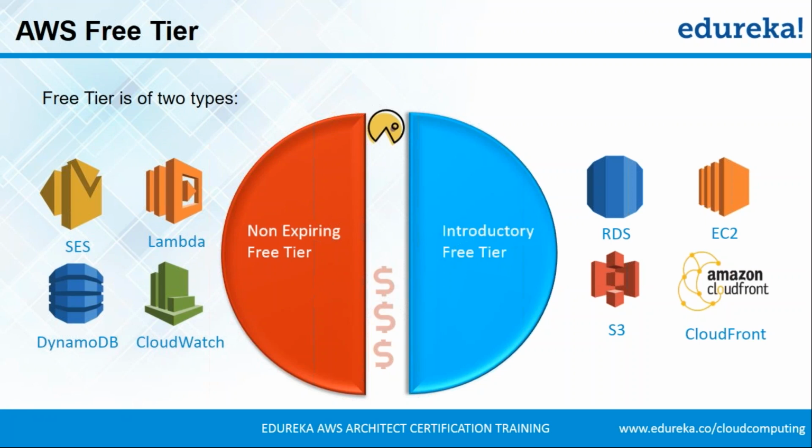Then we have the CloudFront service. So CloudFront service is a caching service. So what is a caching service basically? So if you're accessing a website which is say in US and you are sitting here in India, and you want to access that website, it will be cached to a location in India so that it becomes nearer to you, and hence the latency becomes lesser. So this is what caching service is all about, and that is what CloudFront is.